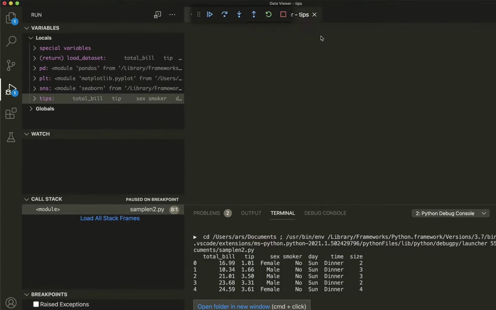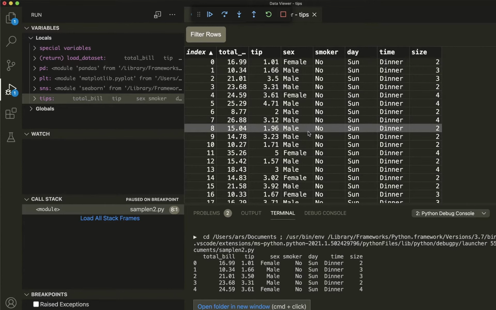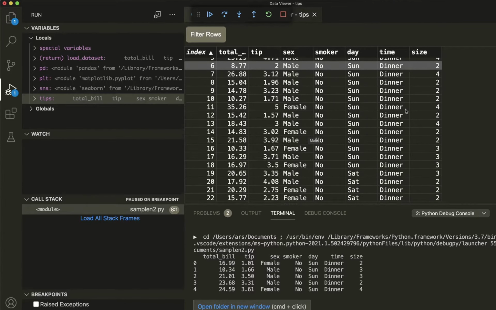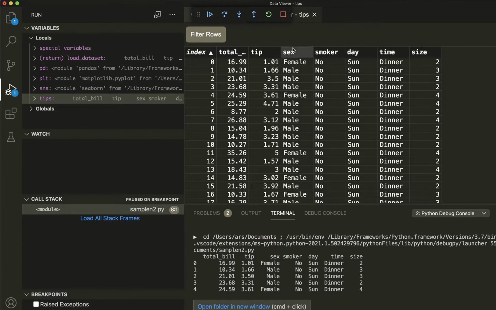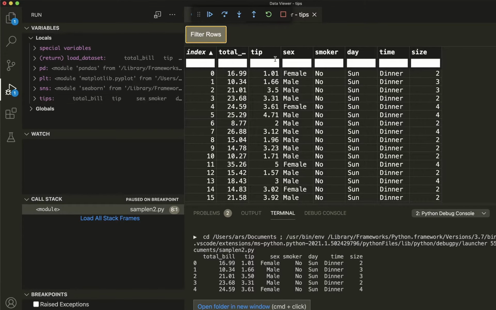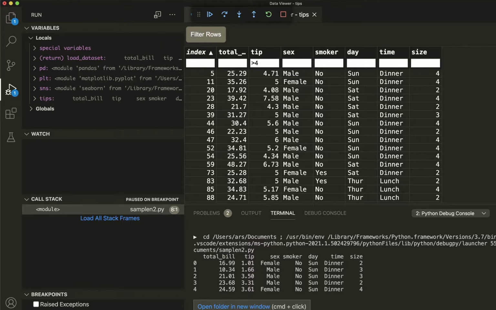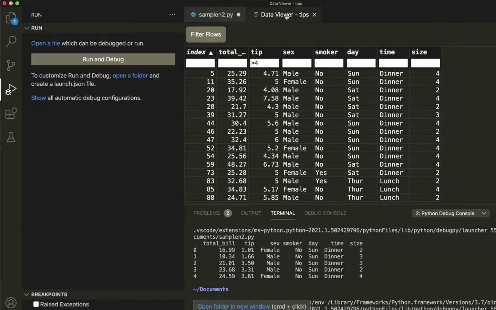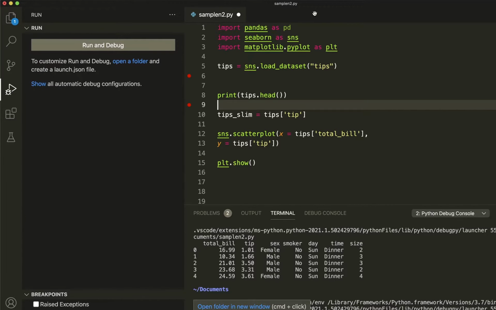When you click that, you would see the data frame in the data viewer, and here you can do everything that you usually like to do. You can play with it. You can say greater than 2, whatever you usually do with a data viewer, you can do that while you are debugging the code. So let's quickly stop this debugging mode and go back and see how to enable this.